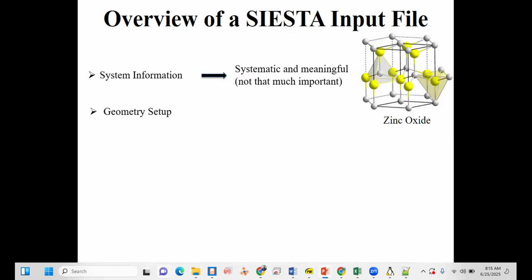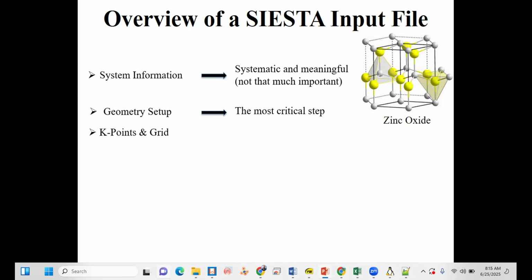The second thing is geometry setup. I mean the selection of your material, the accurate material and the accurate geometry, and so on. We already discussed that a little bit. This is the most critical step, because this is the turning point. If you start with the wrong parameters, with the wrong structure, you will never succeed.